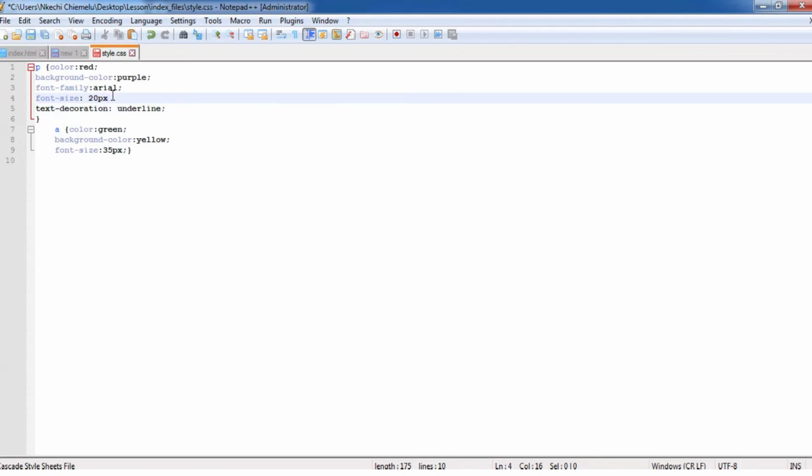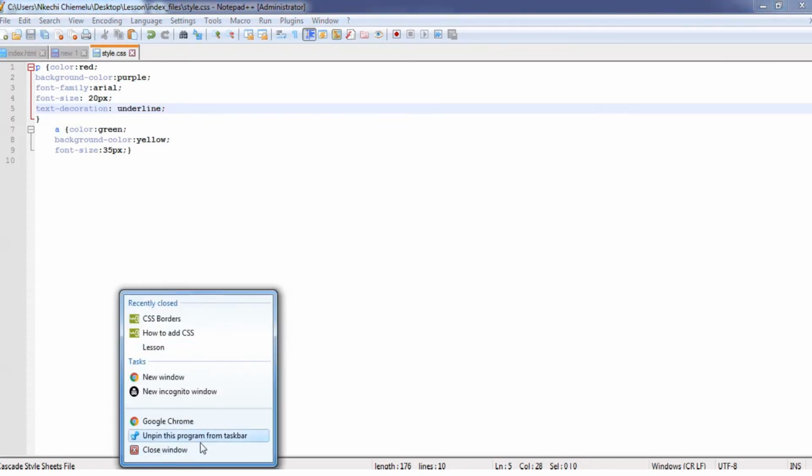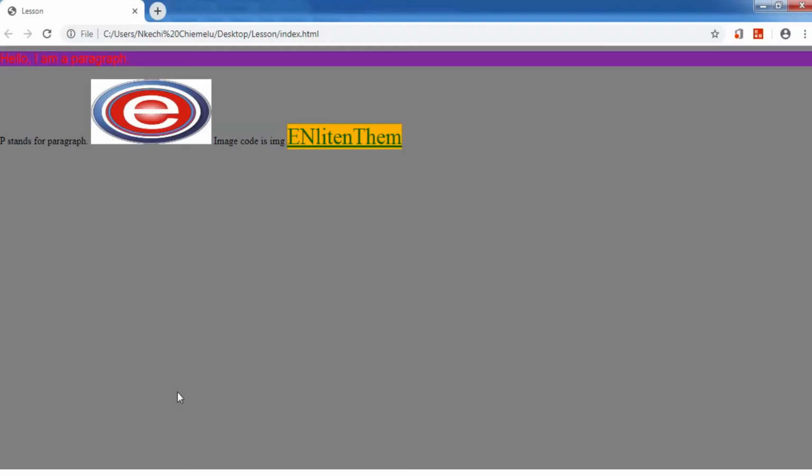Okay, we did not close it here. So that's why I like Notepad Plus for Local. I remember that I didn't put the semicolon here, but I saw the color. We're going to refresh it. See, it's underlined, making it look as if it was a link, like how this one is underlined, but it's not actually a link. We made use of